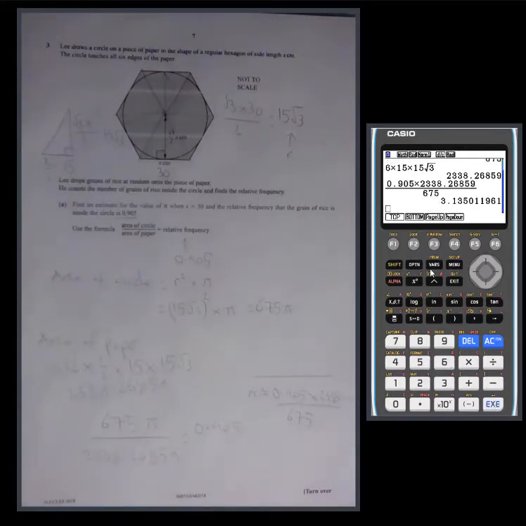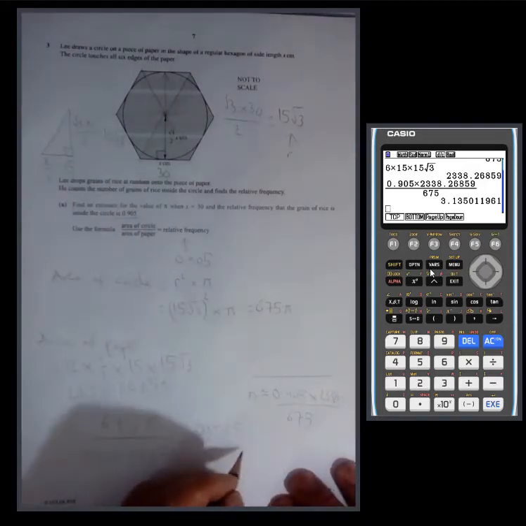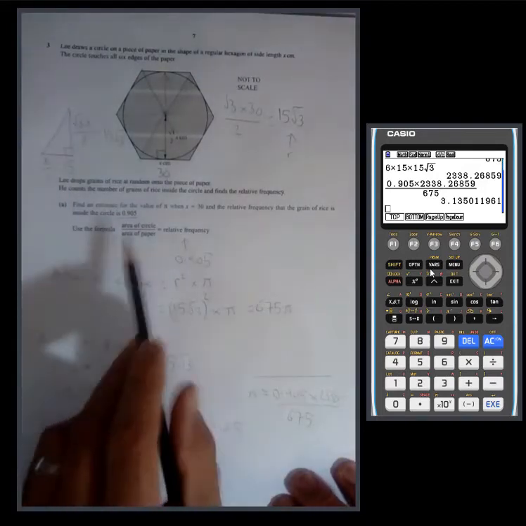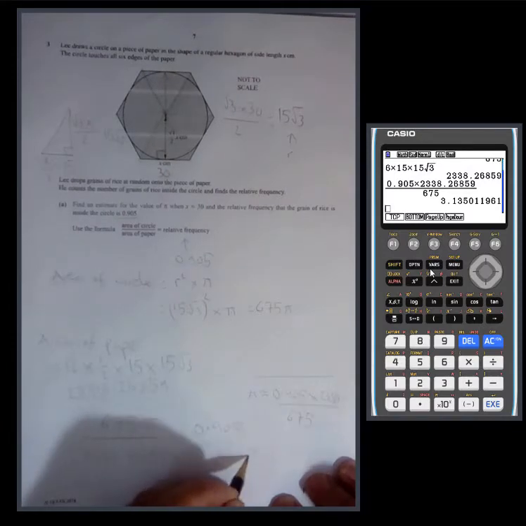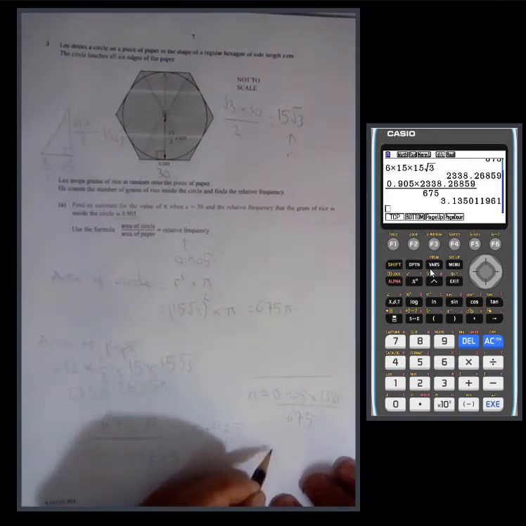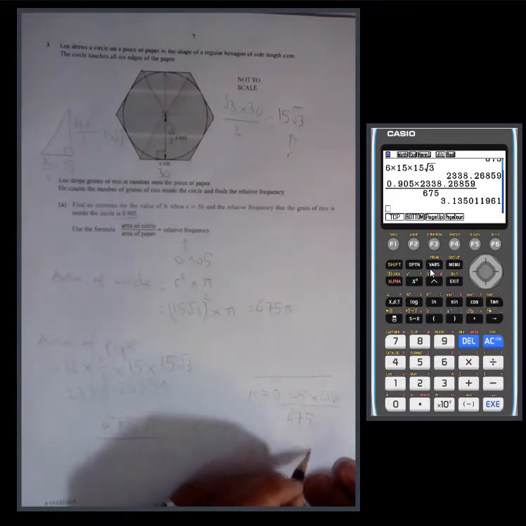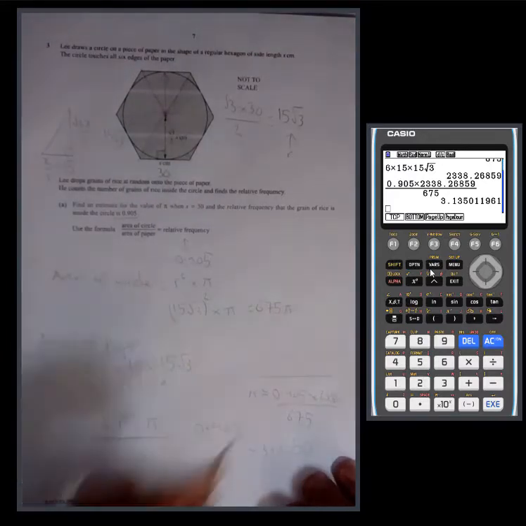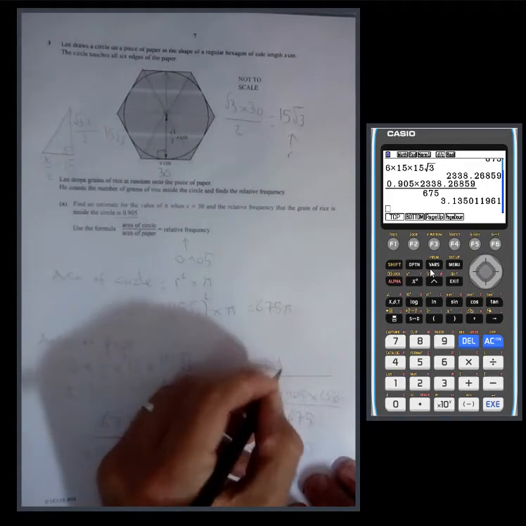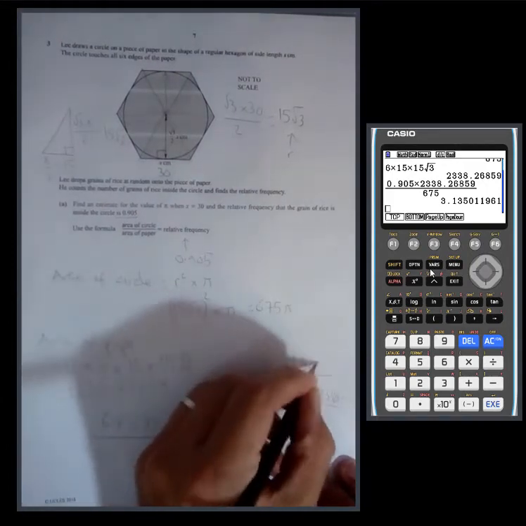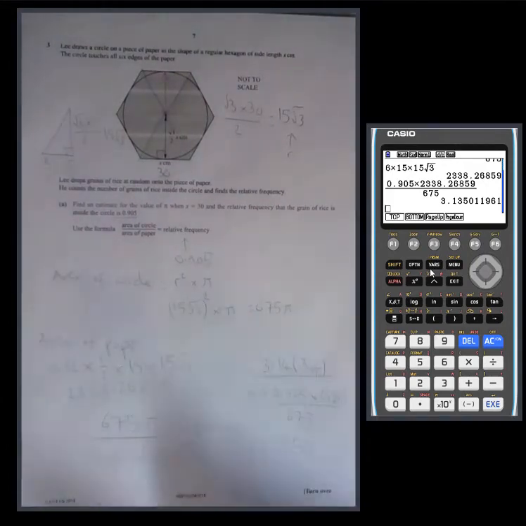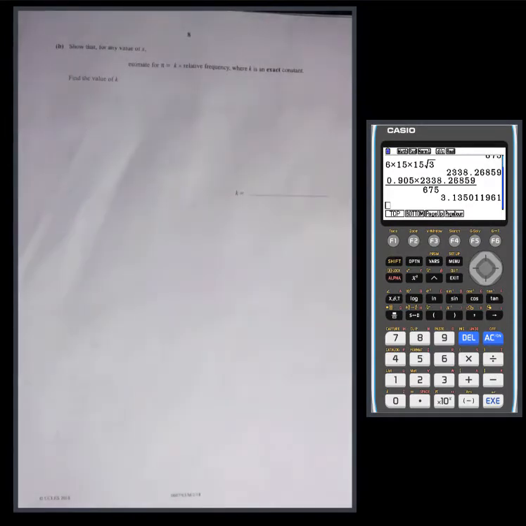Okay, well, that's not bad at all, is it? Does it ask us for accuracy? So it equals 3.1350... So to 3 significant figures, it actually is 3.14. Very encouraging. Show that for any value of x, the estimate for pi equals k times relative frequency, where k